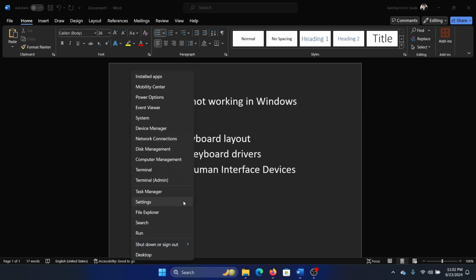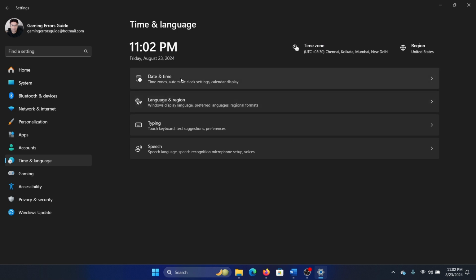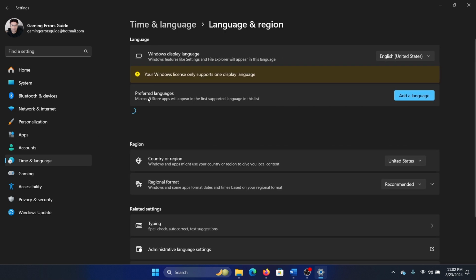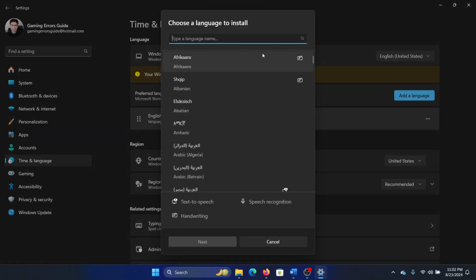Right click on the start button, select settings from the menu, go to the time and language tab on the list on the left hand side, and then go to languages and region. Now the languages itself is a keyboard layout, and let's say that you wish to reset English language, pick up